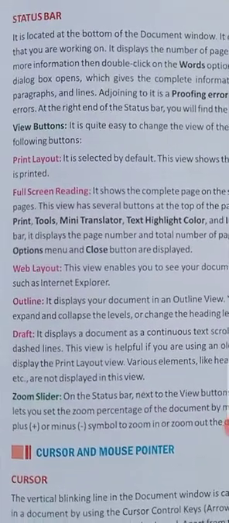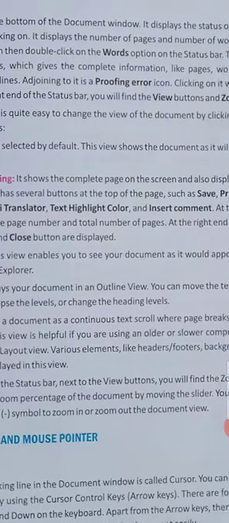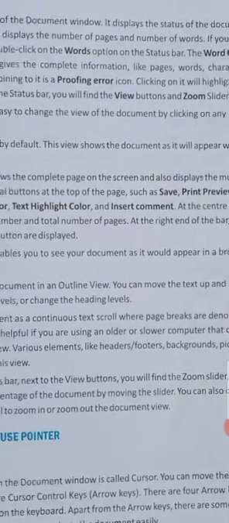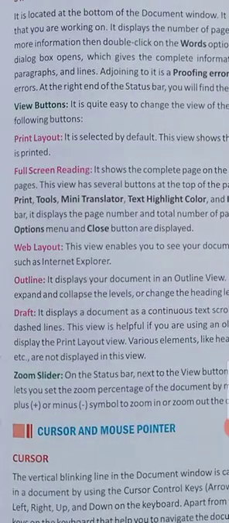Like print layout, if you are going to print, we can see how our document looks after printing. Full screen reading, we can use if you want to read full screen in MS Word. Web layout: this view enables us to see our document as it would appear in a browser such as Internet Explorer, meaning after uploading, how our page looks on the internet.